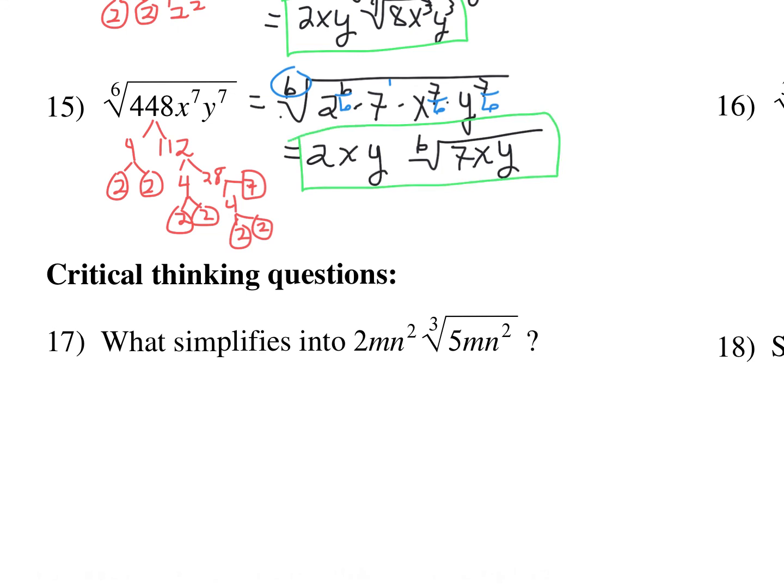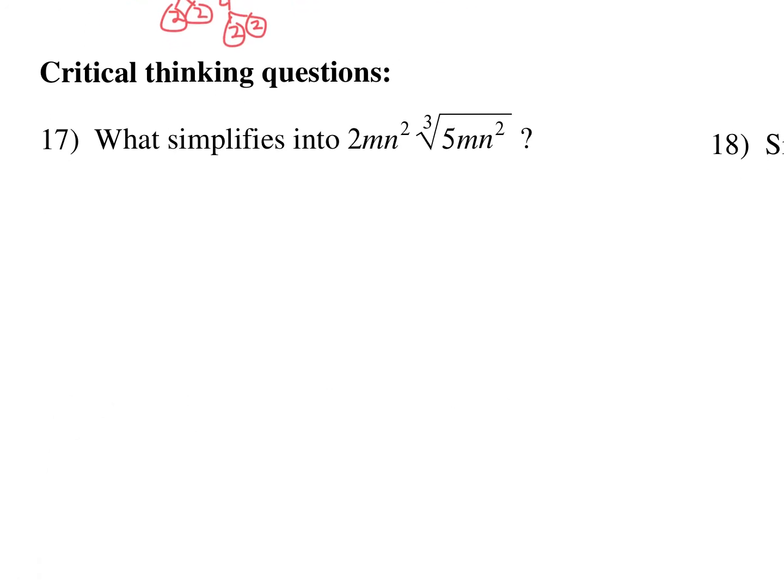Okay, so then our last question is, this last question, they want you to actually go backwards. So this is your answer right here. And they want to know, what did you start with to get to that answer? So if our index is 3, that means we must have had 3 2s underneath here to bring out 1 2. So we had to have one group of 3 2s, one group of 3 m's, and one group of 3 n squareds. So underneath our cube roots,